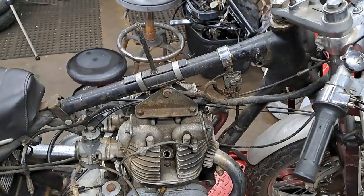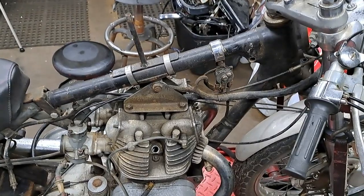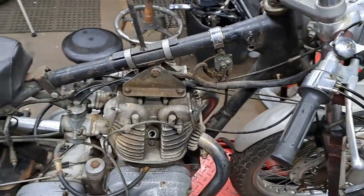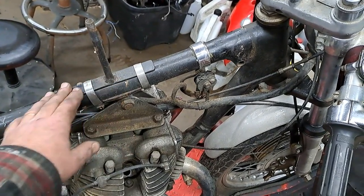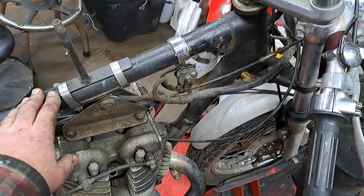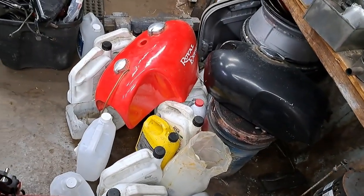Okay, curiosity's got the best of me, obviously, and I've decided to see what sort of stuff is going on with this bike. I got the tank off. That wasn't too difficult. The tank mounting is simple but ingenious. I mean, if it works, it works. That tank is actually off a Racing Gold Star, I believe,